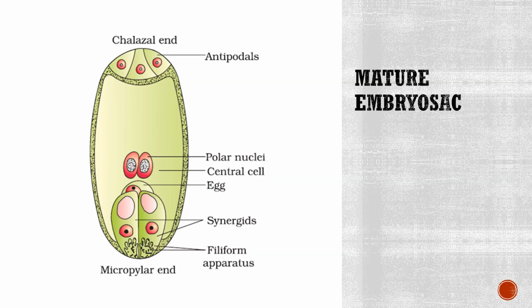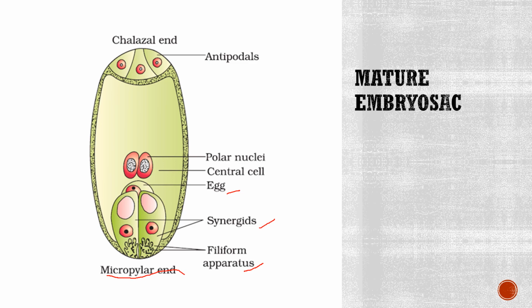A mature embryo sac consists of an egg apparatus, which is found at the micropylar end and consists of an egg and 2 synergids. The egg cell is comparatively larger than the synergids. The synergids consist of the filiform apparatus. These are modified structures which help the movement of the pollen tube towards the egg. The function of the synergids is absorption of nourishment from the nucellus and secreting chemotactically active substances for guiding the pollen tube. It also acts as a shock absorber,